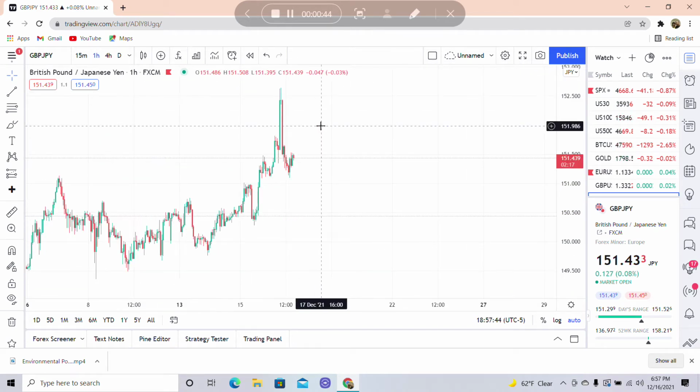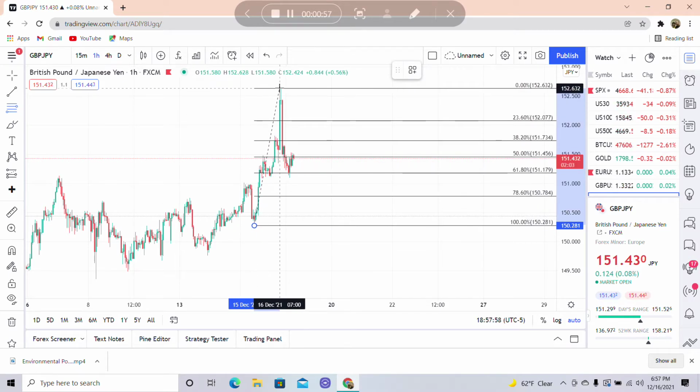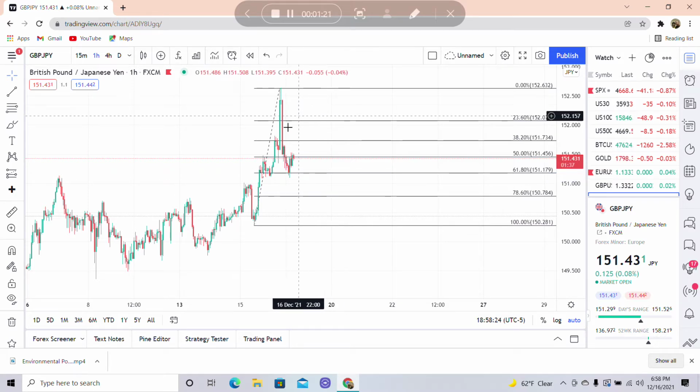So if we go back to the hour, we're going to put another fib on right here using this structure. So using this swing low and then this swing high. And check it out, right? What happened? Price came down, right? And rejected at where? 61.80. See, so yet again, we have an instance where price has reversed off of our 61.80 based off of minor